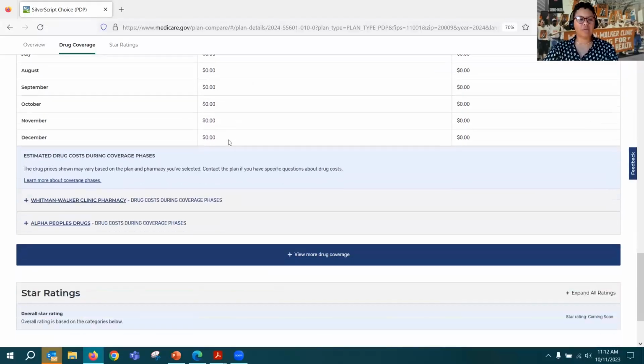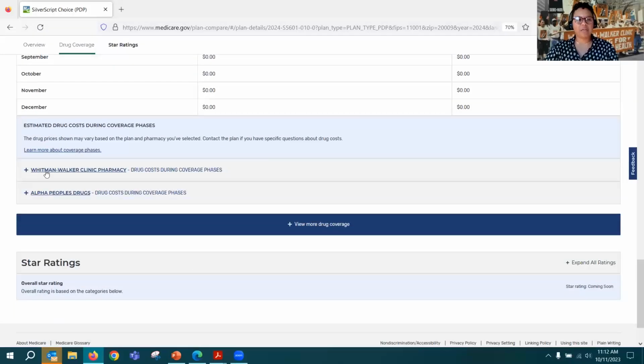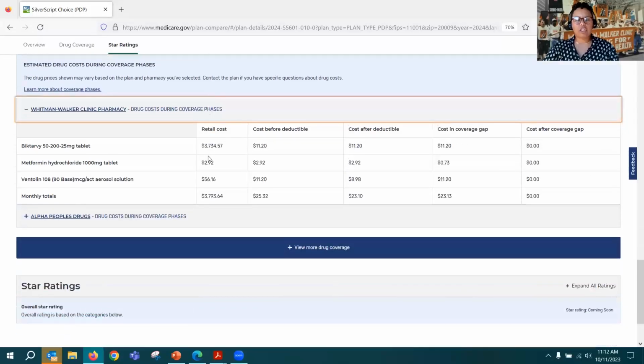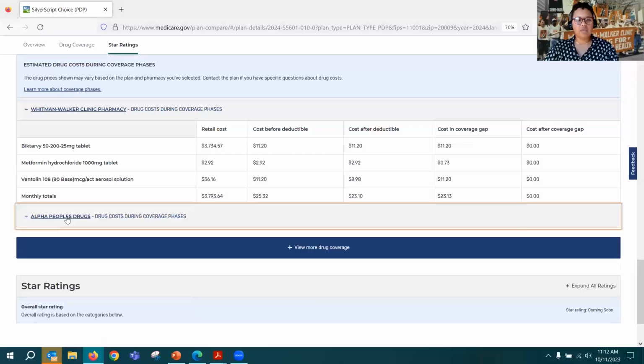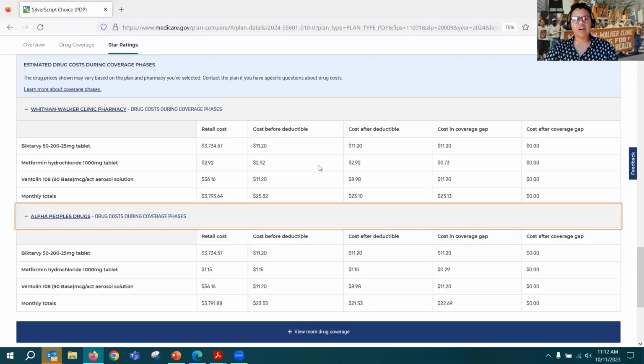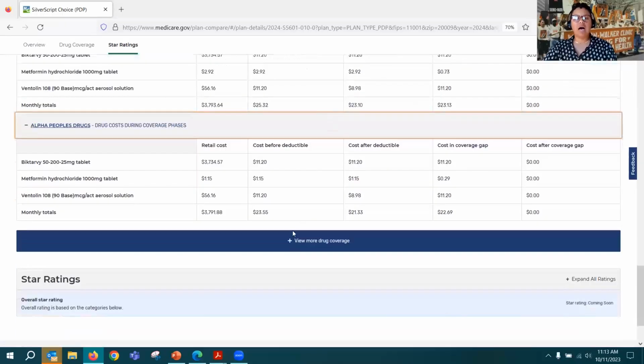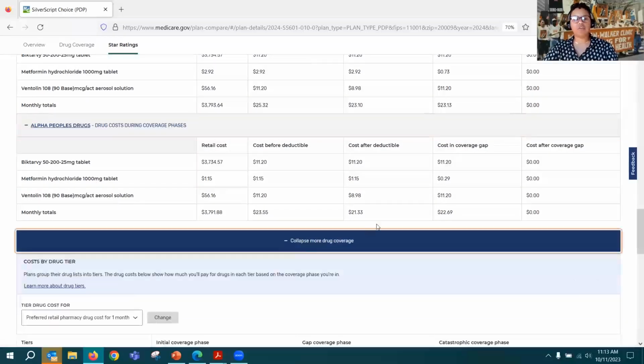Okay, as we scroll down the plan here, we have the option to have the breakdown for each pharmacy, which is great. And you'll see retail costs. This is why we get to 8,000 very quickly. And we have the cost before deductible, after deductible. For those with LIS, we're not going to have a deductible, so we're not as concerned. And then if we select view more drug coverage at the bottom,